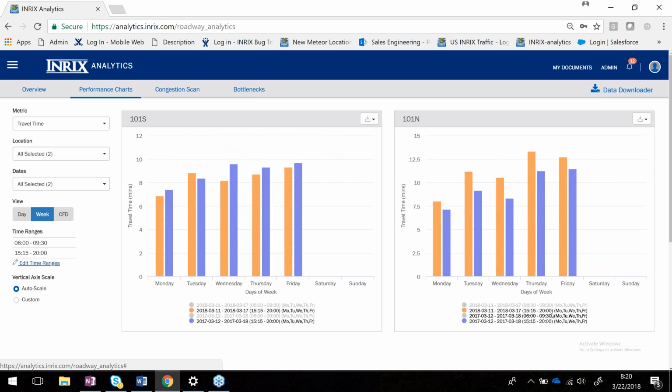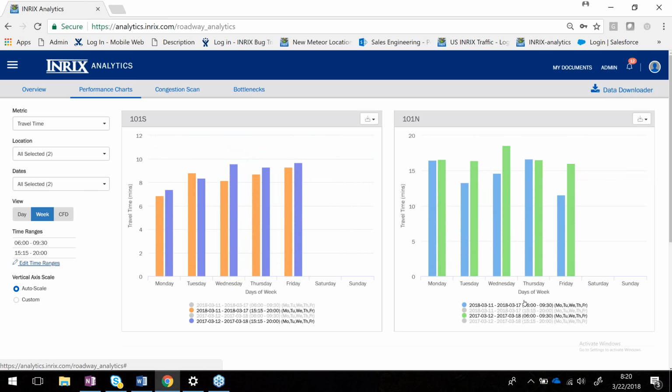In this case, when we look at this northbound, we're seeing the 2018 actually has a higher travel time than 2017, which again is a little bit more typical. As population increases, the congestion on that road is going to increase, and the travel time will increase as well. So again, I can click on this 6 a.m. time, and now I'm seeing that morning commute for each of those days a week. You can see that the Saturday and Sunday are not showing,